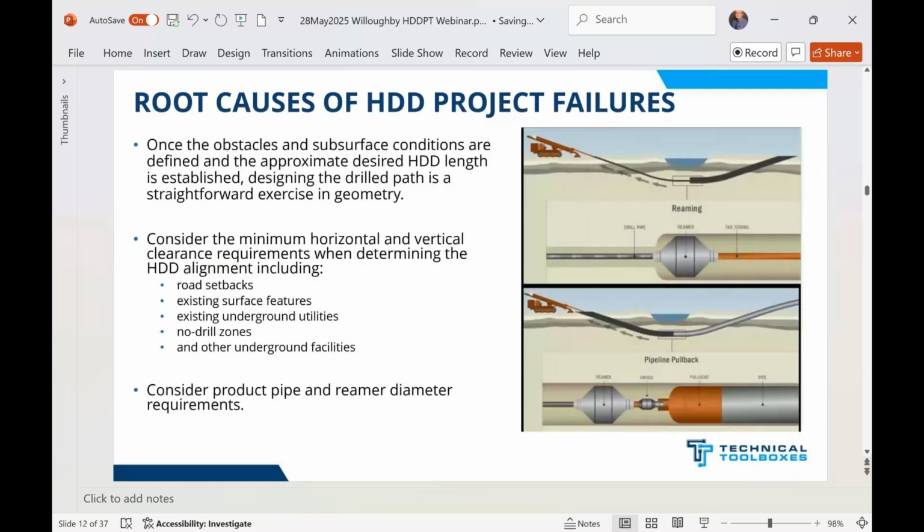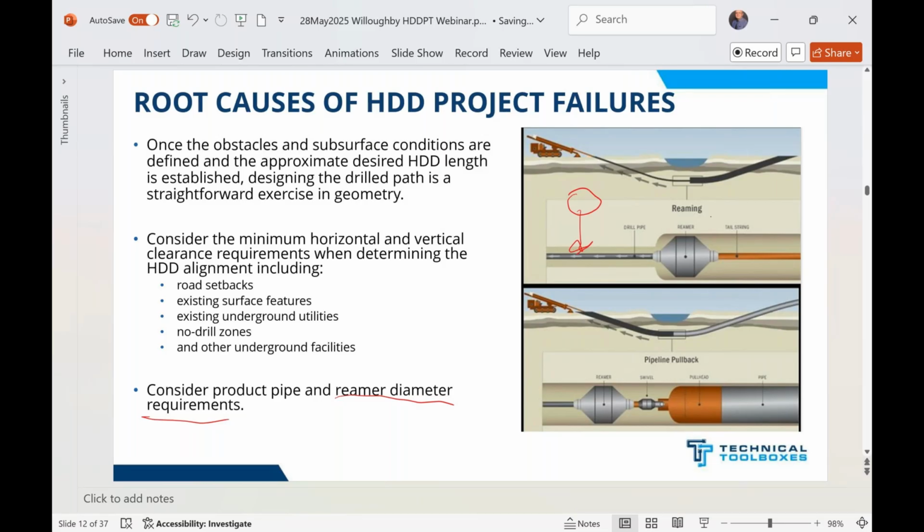Of course, there are other facilities. One thing that we see quite often: remember, if you're drilling under something and you have a requirement to maintain a certain distance from another utility, for example, make sure you consider the diameter of the reamer when you're doing your offset. Because remember, when you draw that dashed line on a piece of paper, that's your pilot hole, and that's what the contractor's drilling to. So if there was a pipeline right here, and your permit said you had to maintain 10 feet of separation from that pipeline, well, if you maintain that during the pilot hole, and then you go back and ream it out,